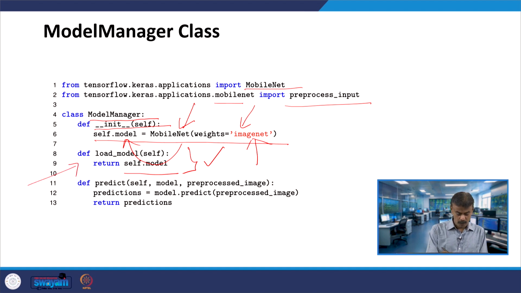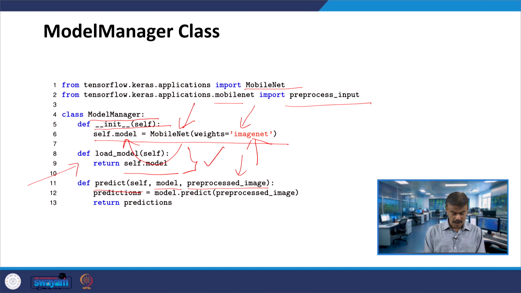Here you have the predict method. The main idea of the predict method is to make predictions using the MobileNet model. Here you have the model that you are explicitly passing, and then you have preprocessed_image, which we know is a NumPy array of the preprocessed image, say an m cross n array.